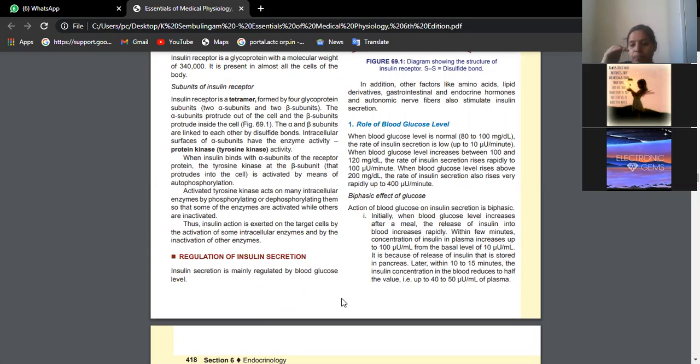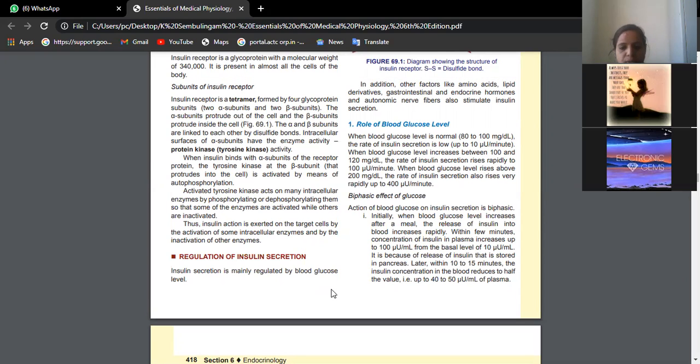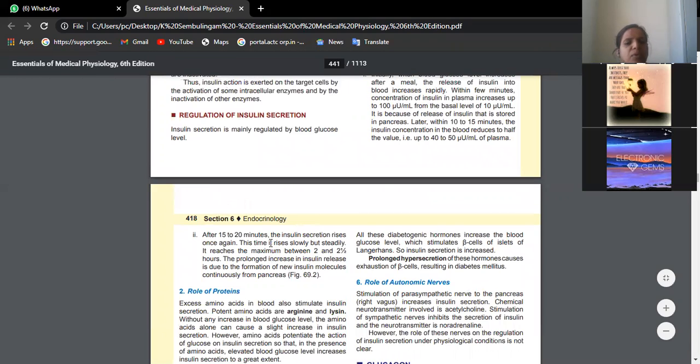Gradually, glucagon will come up, because glucagon will not allow the glucose to be transported to the tissue. Glucagon increases blood glucose. That means these two hormones work in balance in such a way that they always maintain blood glucose levels constant. The post-lunch blood glucose usually ranges from 120 to 140 milligrams per deciliter. Fasting is usually 80 to 100. That is regulated by the insulin, how it is released into the blood circulation. So that is all written here.